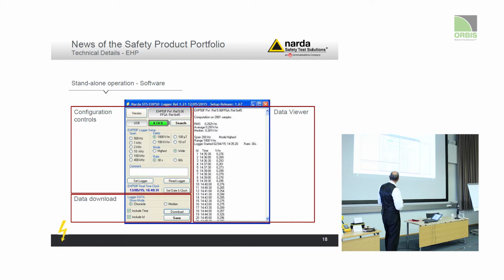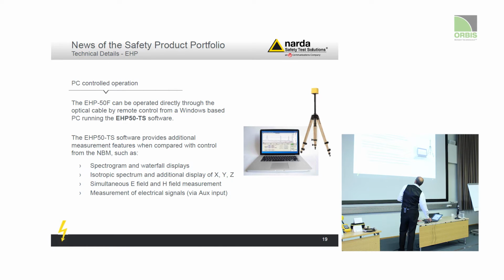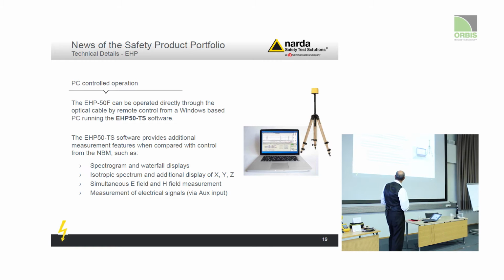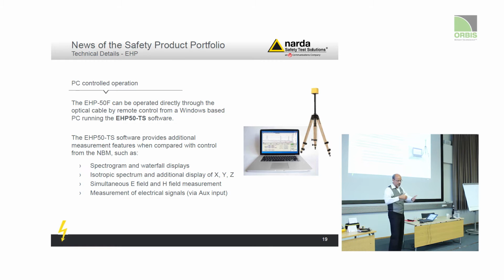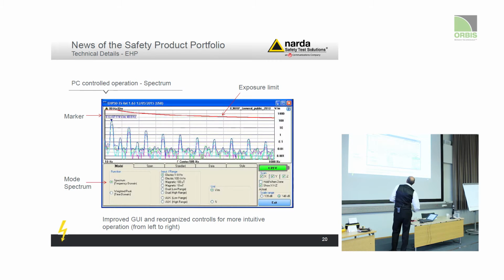That is the user interface if you use it with a PC. So you can read out test results, set up different spans, spectrogram and waterfall displays if possible, isotropic spectrum and additional display of the X, Y, and Z components individually. You can have simultaneous E field and H field results, not really measurements. The measurements are of course quasi, they're of course serial, but they can be very, very fast. You see the exposure limits. You have a marker,